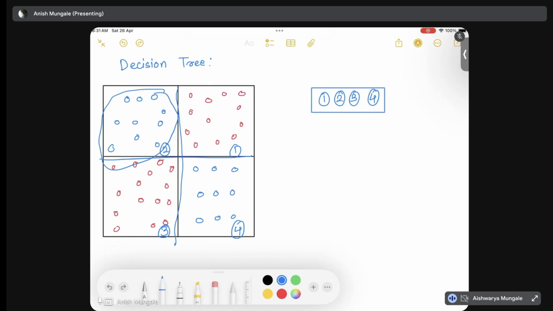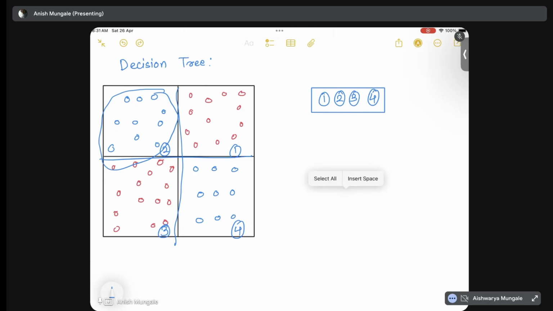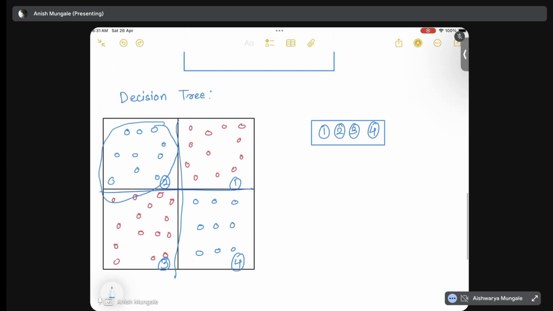The rule, look, this doesn't work in the same way. Similarly, based on the